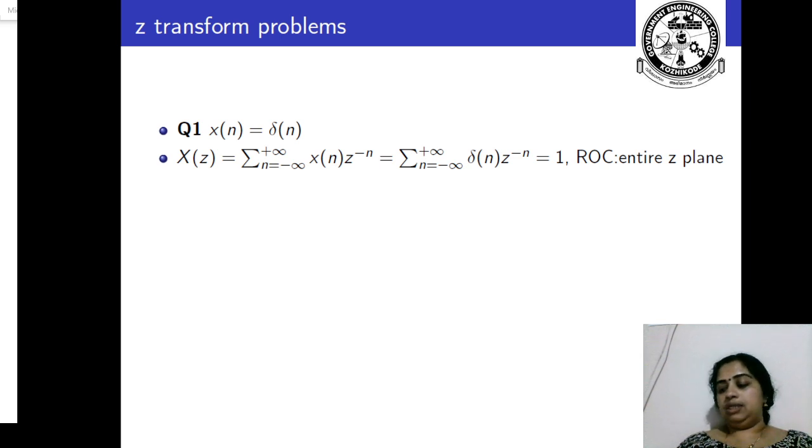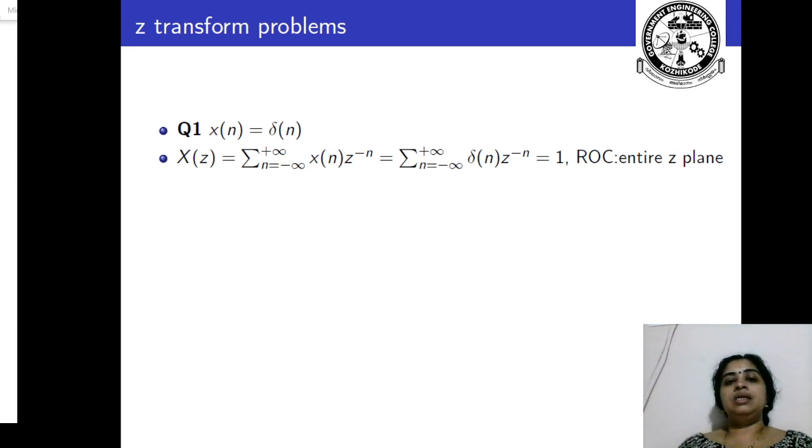Now when we find the Z transform of any signal, an important thing that you should note is the Z transform will always be associated with the region of convergence, specifying where the Z transform exists. It's not necessary that for the entire Z plane the Z transform exists. In some regions the Z transform of the sequence may go to infinity. In those regions the Z transform doesn't exist. So you have to correctly specify the region of convergence when you specify the Z transform.